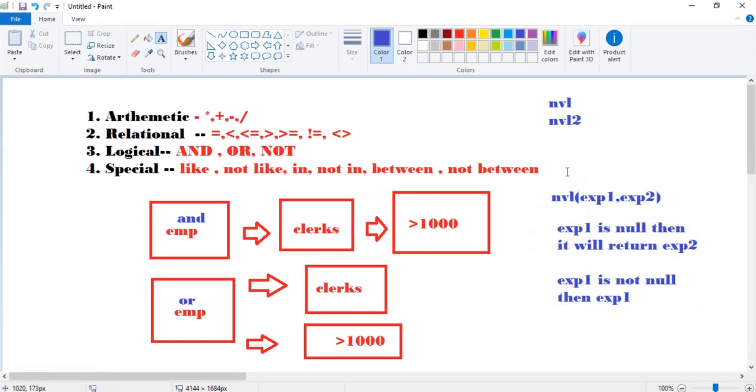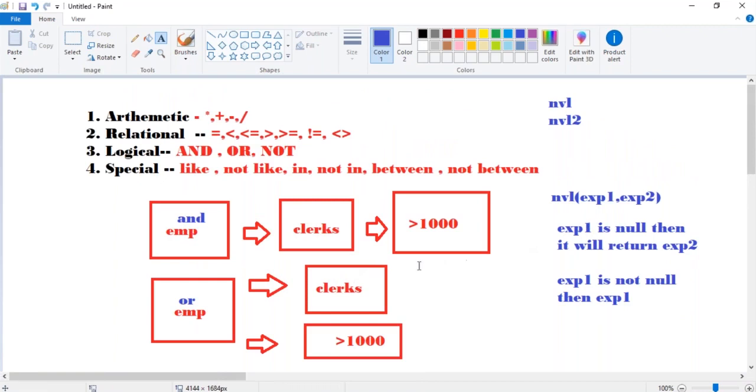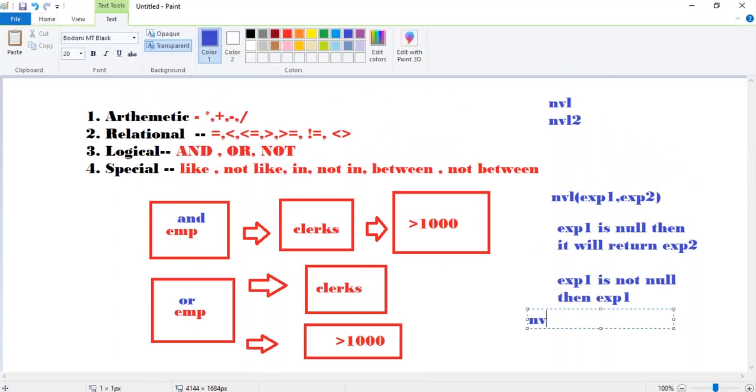So I'll explain this. Now I'm taking some values. NVL of null comma 0. What is the result? The first expression is null, so it will return the second expression.